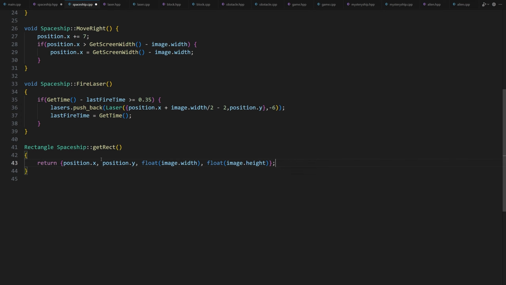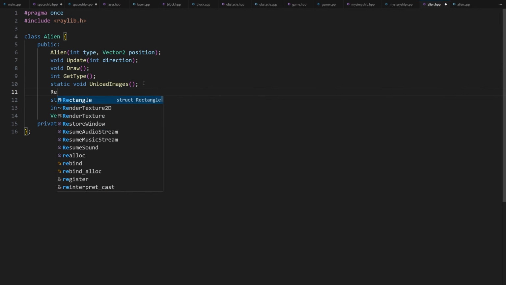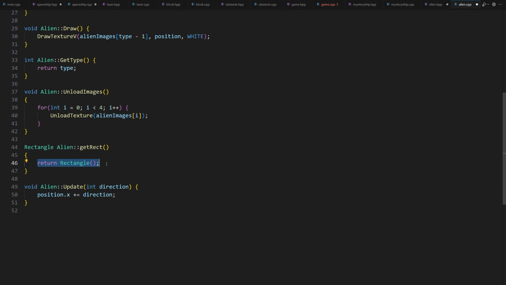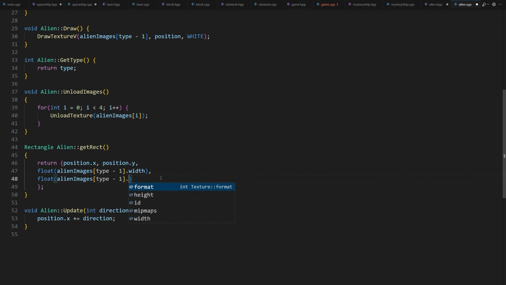We are ready. Let's now add a getRect method to the alien class. Again, in the alien.hpp file, we add Rectangle getRect, and the implementation will look like this. Return curly brackets position.x, position.y, float(alienImages[type - 1].width), float(alienImages[type - 1].height).